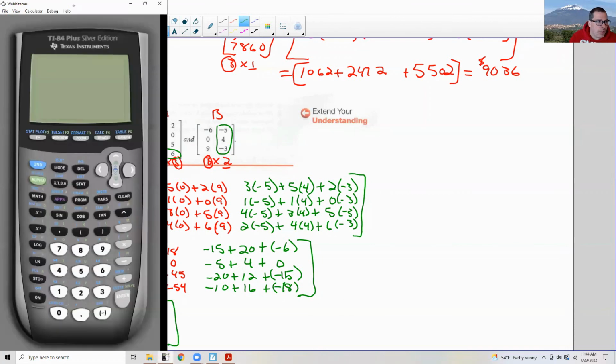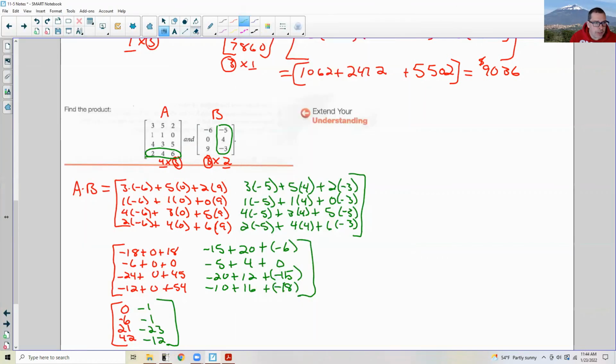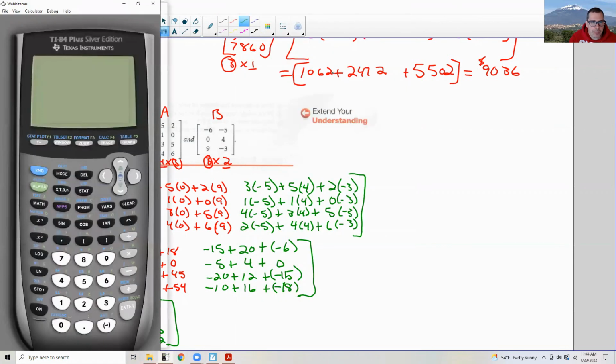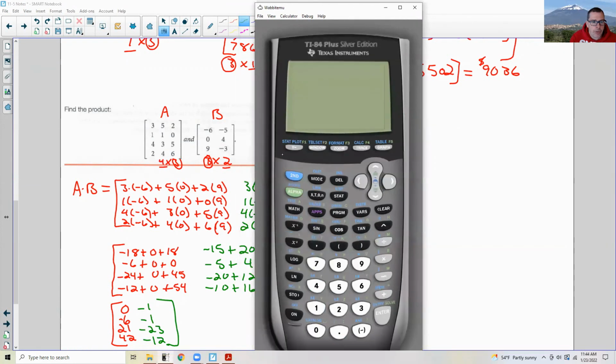And now I'm going to do it in my calculator to check. Okay, so I'm just entering this matrix. Let's erase these. And we're going to enter them as A and B. So I'm just going to go into my calculator. Whoops, don't go over there. Get back. All right, so I'm going to turn the calculator on, clear, second matrix, edit,